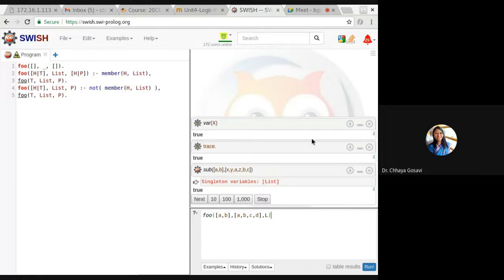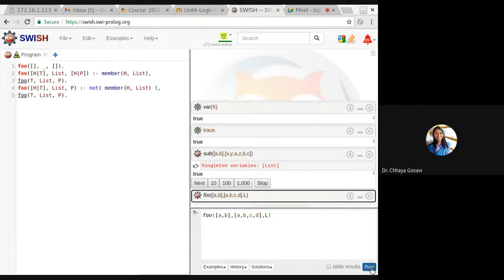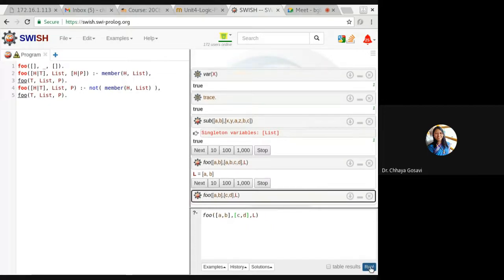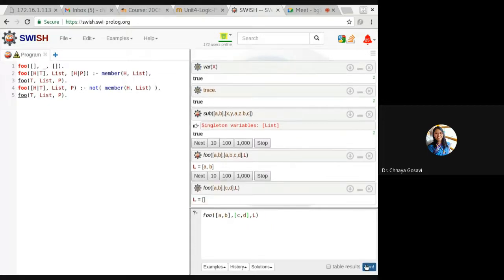This is the value of L. If the elements in the first list are present in the second list, it will return the first list.